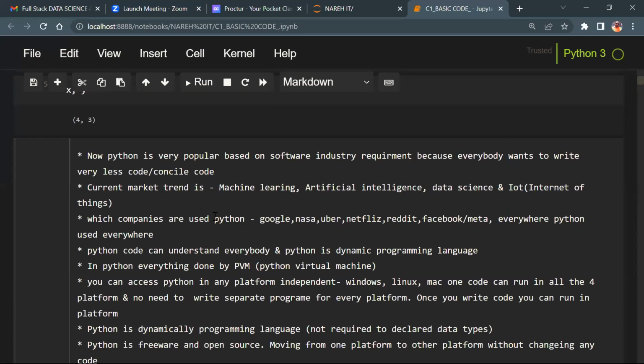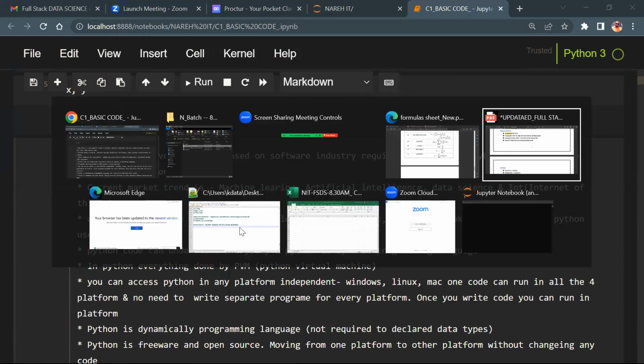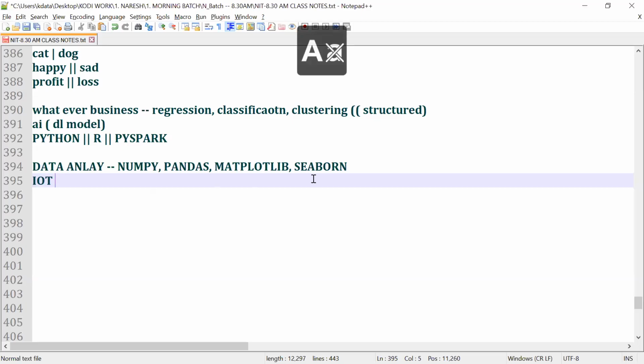The current trend in the world is ML, artificial intelligence, data science, and IoT, Internet of Things. Nowadays even for the fan, you don't need to operate the switch. You can speak, and the fan is on, isn't it? Am I getting my point? This is called IoT. IoT is a combination of AI plus electronics.